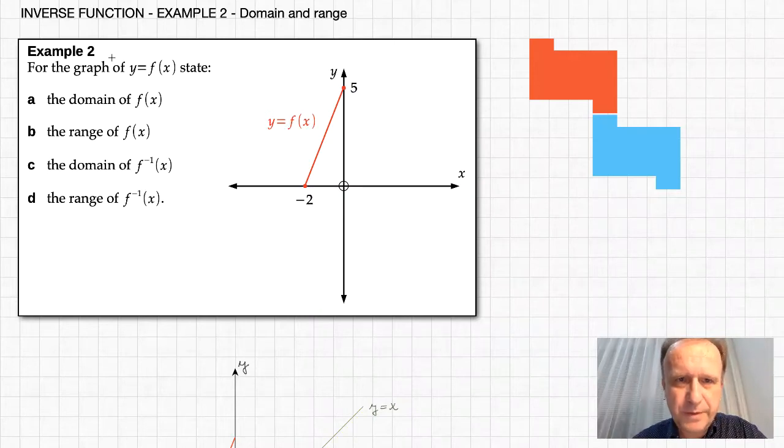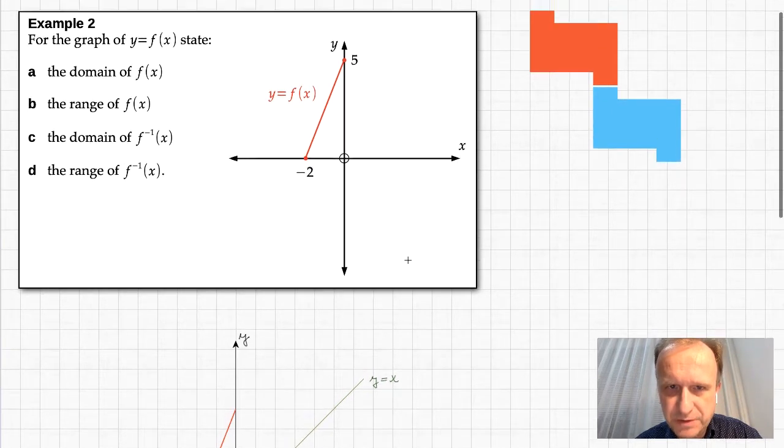Example 2, domain and range. Example 2: for the graph of y equals f of x, state in part A the domain of f of x. So here we have the graph. The graph starts at this point and stops here. So the domain is quite restricted here, and we can see it directly from this picture that the domain of the function